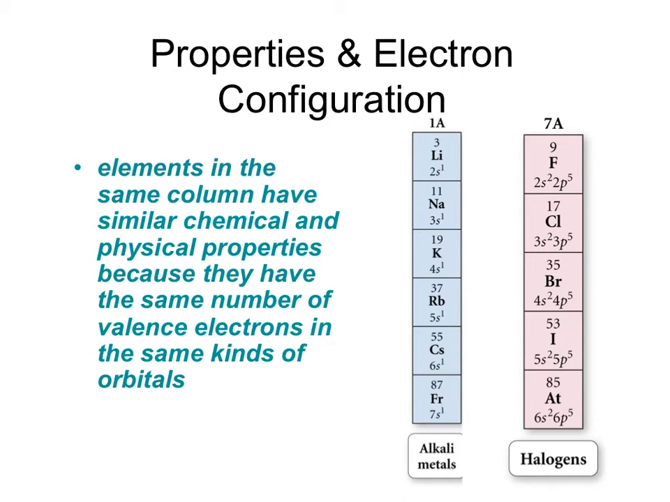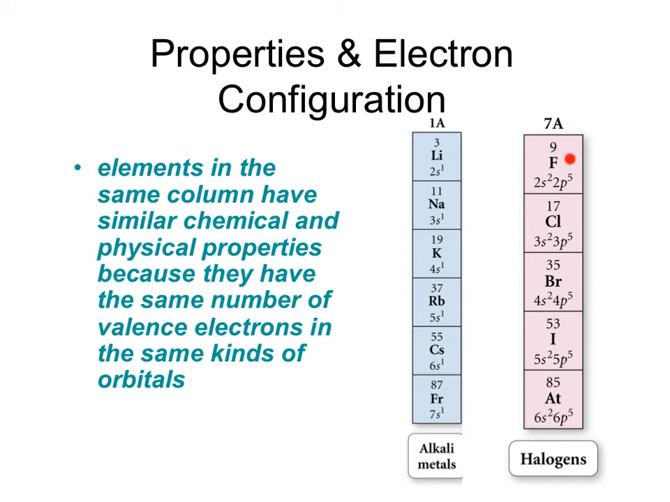And they're all going to want to react with halides because the halogens want the electron from the group 1A element. So you get similar reactivity for elements in the same group. Similarly here for the halogens,